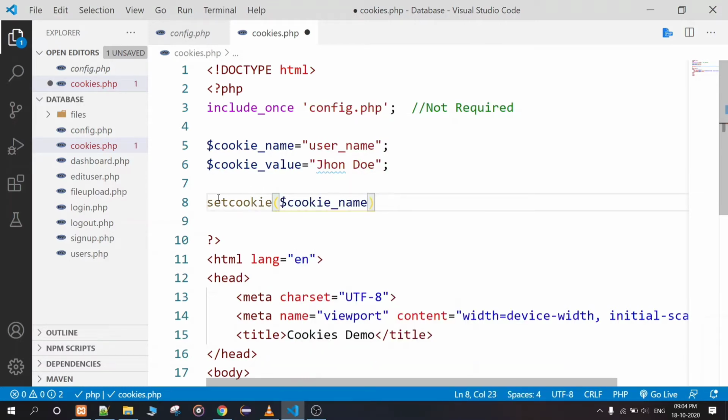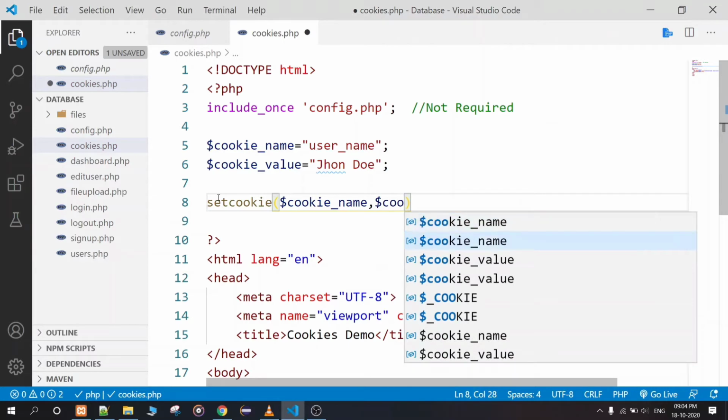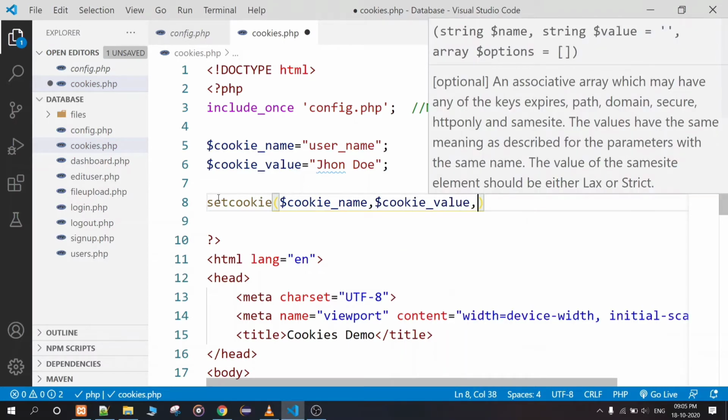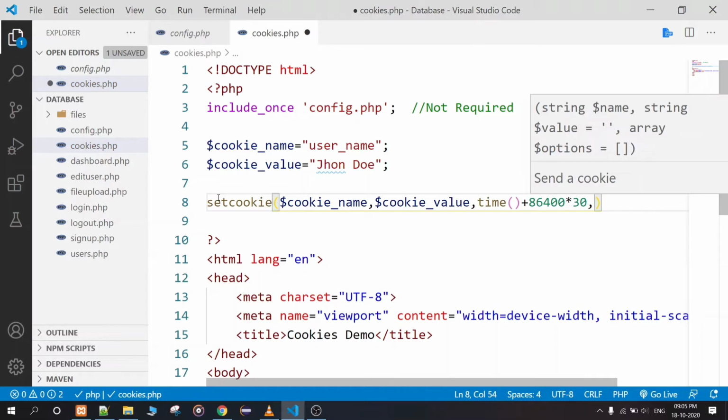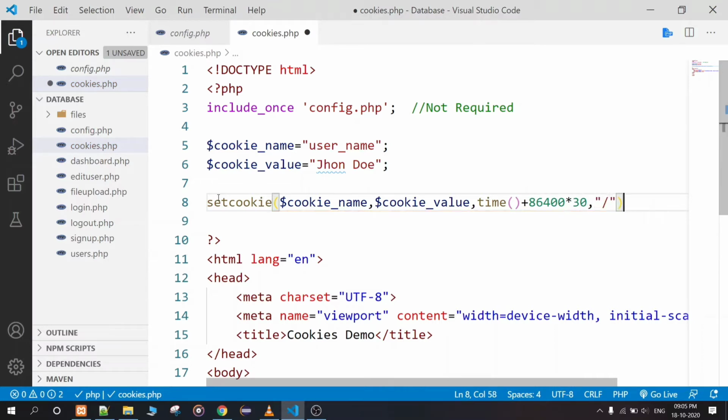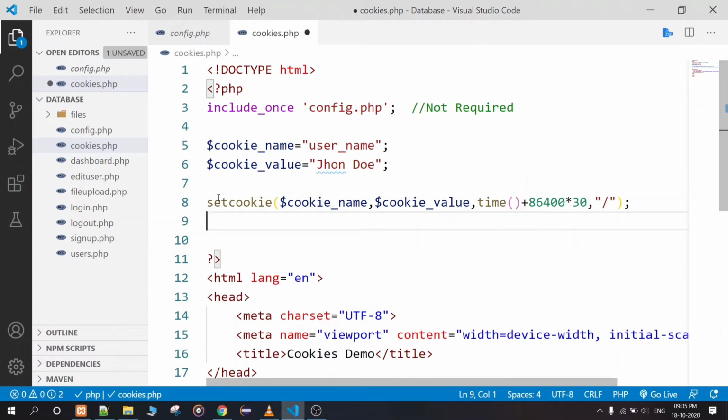First you have to define the cookie name, after that the cookie value, and then you have to define the current time plus 86400 seconds times 30, and define a path. 86,400 seconds equals 1 day, which means your cookie is stored for 1 month.